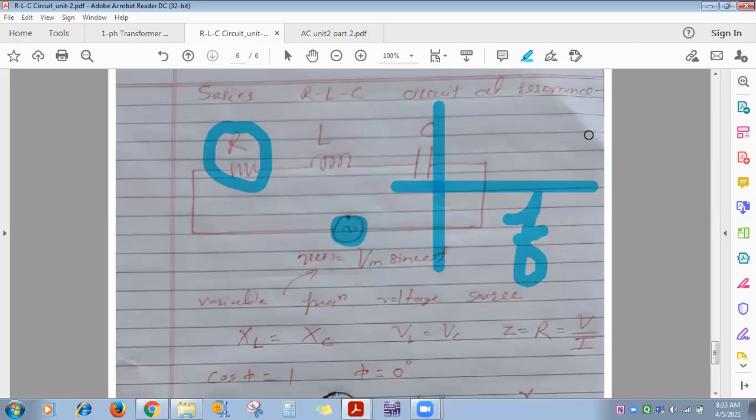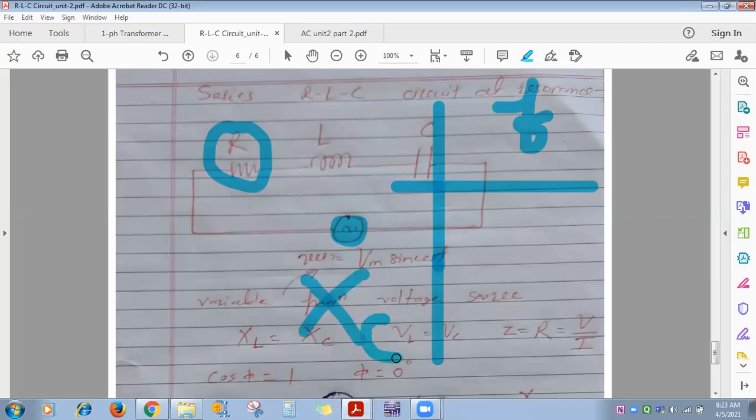XC, in which quadrant do we plot? XC we plot in the negative y, the fourth quadrant, because XC always comes along the negative imaginary axis. And the formula of XC, all of you know, is 1 divided by omega C, that is 1 divided by 2 pi fC. We have seen for purely capacitive also this graph is a hyperbola, a hyperbolic nature: for DC, as frequency is 0, XC is infinity. And as you go on increasing frequency, XC decreases. So like this nature we have seen.